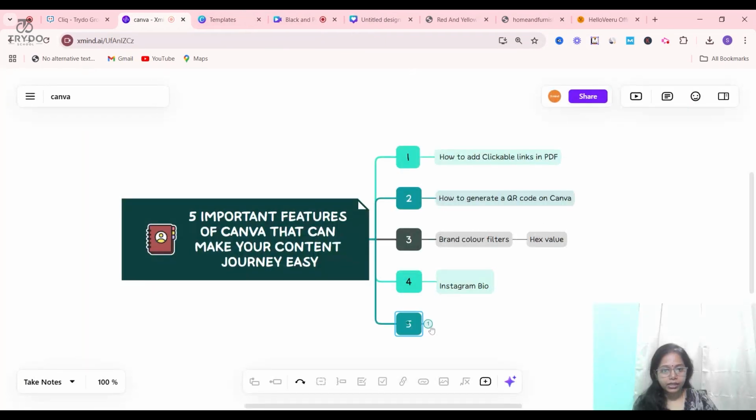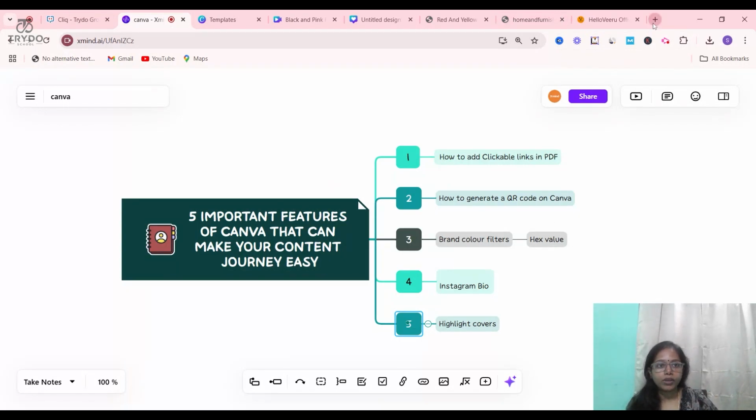Coming back to the final thing. Many people are not at all using what you call highlight covers. In the highlight section, you have so many options like reviews, testimonials, about me, or services. What are the services you provide? So many sections are there. From the story, you will be redirecting to the highlight covers, so it should be pretty decent.